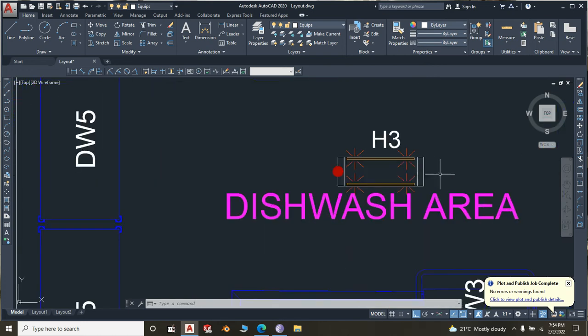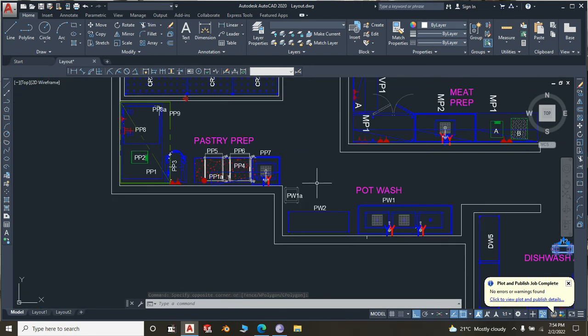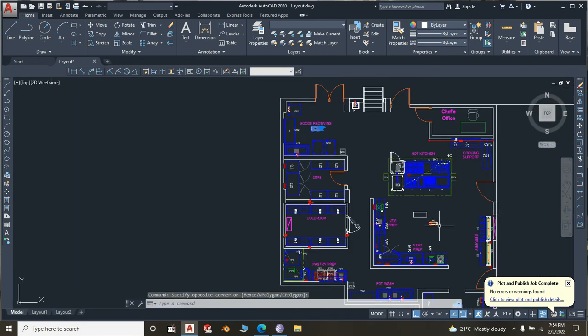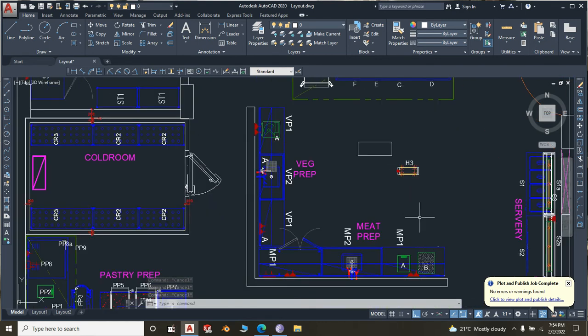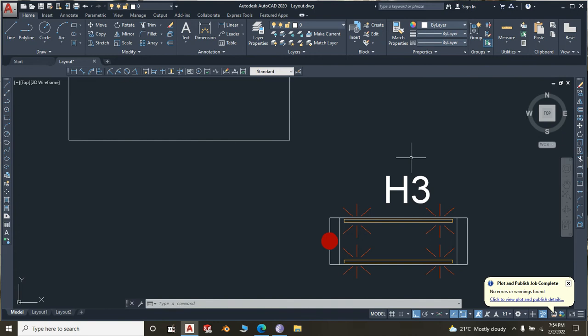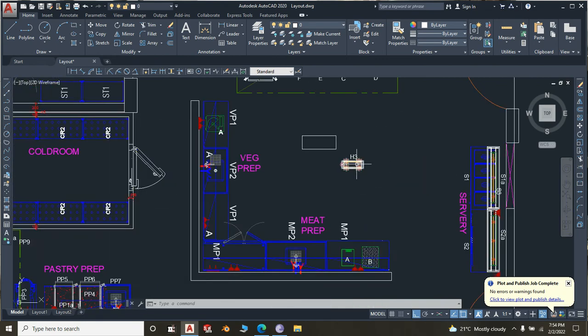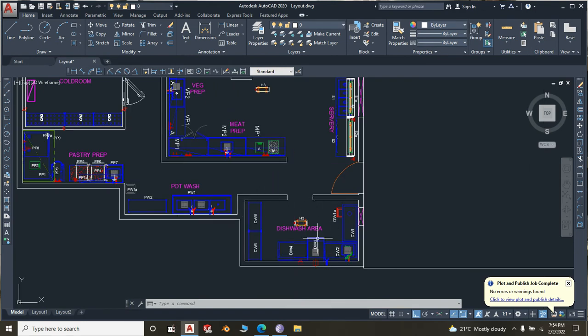Now, you have realized there is something I have not talked about, the H3. There is another H3 someplace. Yeah, in the goods receiving there is an H3, and right in the kitchen there is an H3. Now, those are insect killers. I don't know how best I can describe them, but again, I will pull a photo of the same, and I'm sure you know these things. Insect killer hanging up there in the ceiling. Yeah, cool. Now we are done with the dishes,